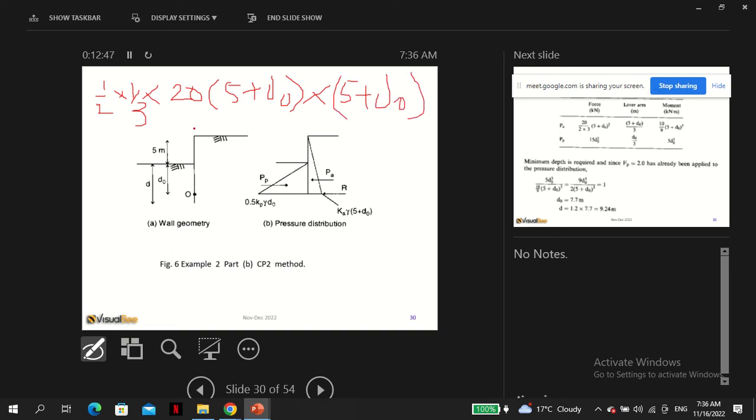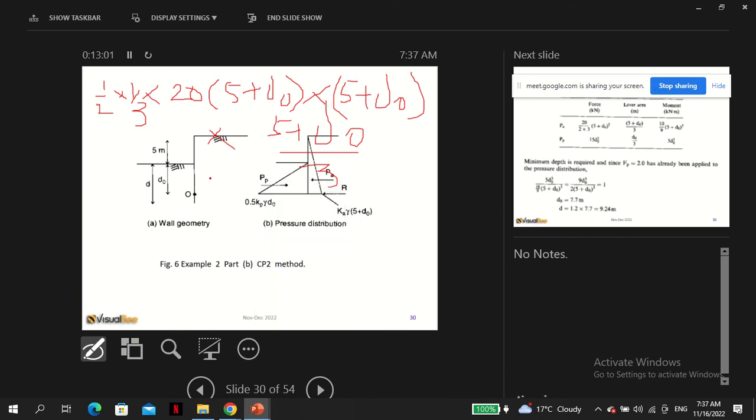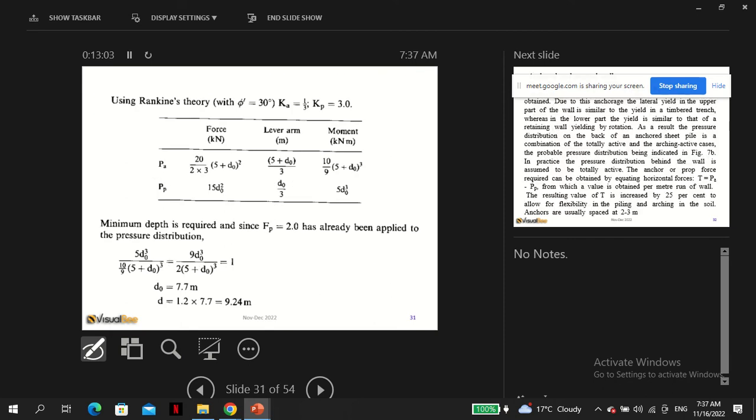Of course, so that's the force, times 5 plus d naught over 3, and you can simplify that. So that's what you see here. That's what you see there, and I'm sure you can simplify to this. Because you can say that the passive